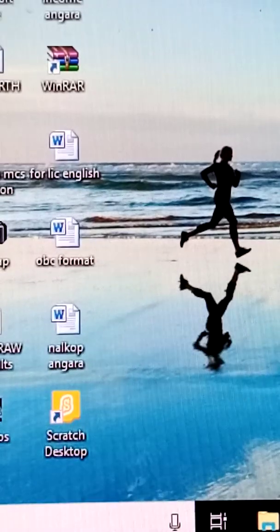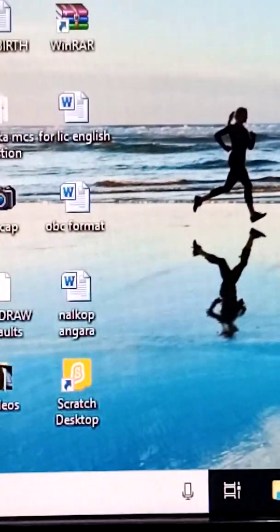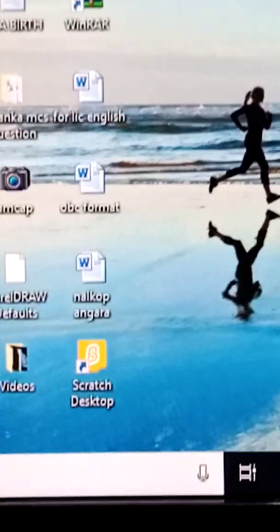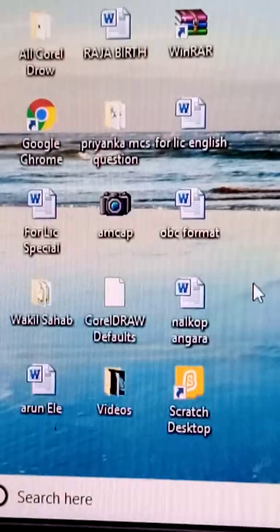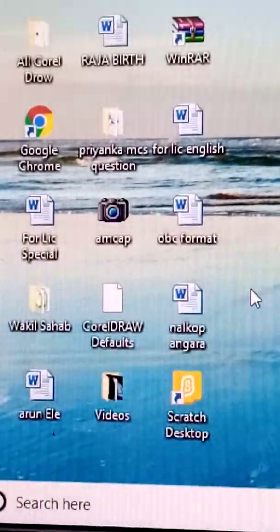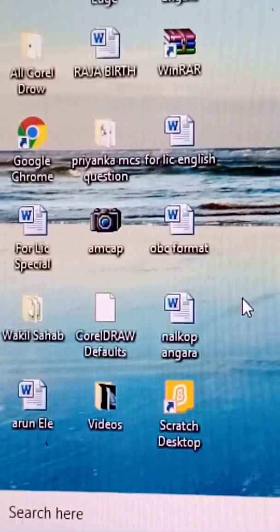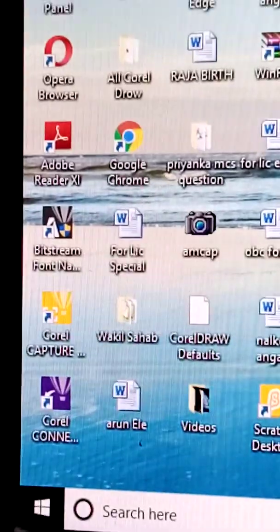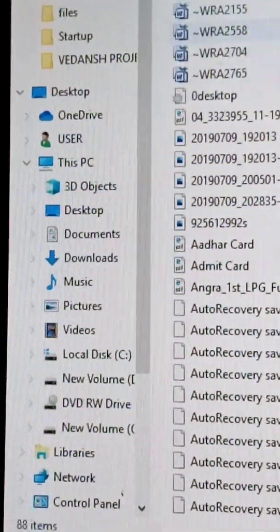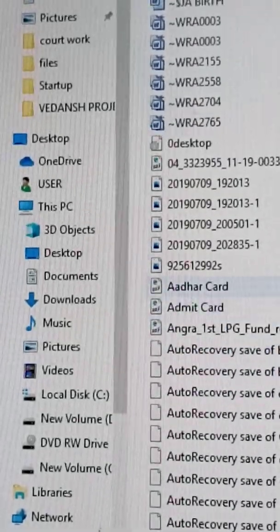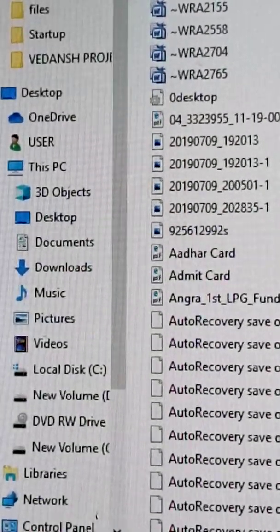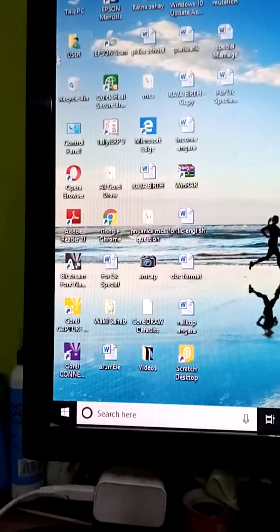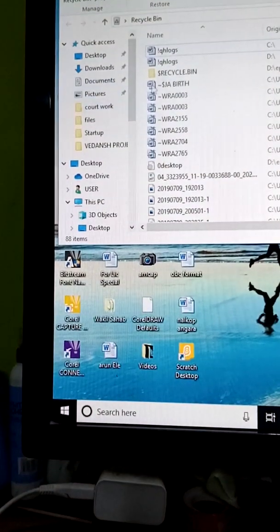Next, if you look at page number 14 in your book, one lab assignment and activity is given there. You have to perform that lab assignment and activity. The first one: begin the Windows operating system on your computer. Double click on the recycle bin icon. If you look at your desktop, you can see a dustbin picture. Then you have to double click on that recycle bin icon.